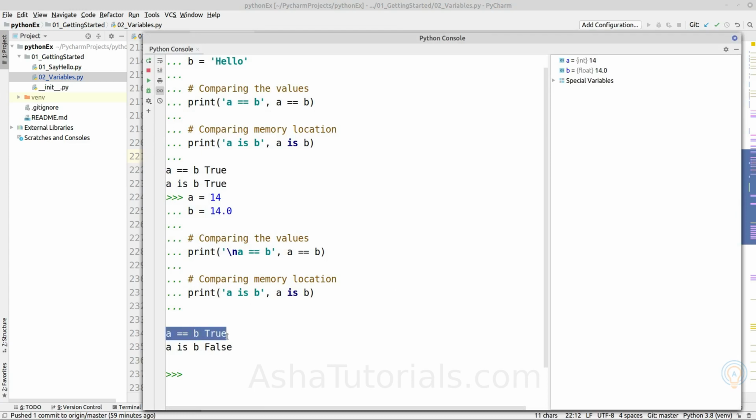When comparing the value, it returns true, but as both have different data types, for each value a different object is created in memory. One is of integer type and one is of float type. So both variables are not pointing to the same object, so the identity operator returns false.